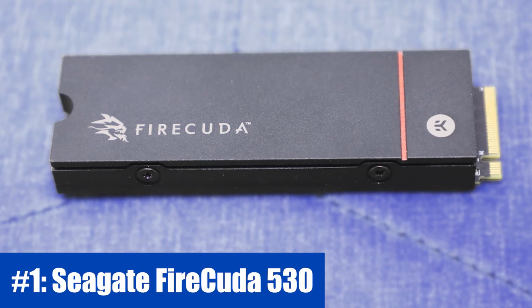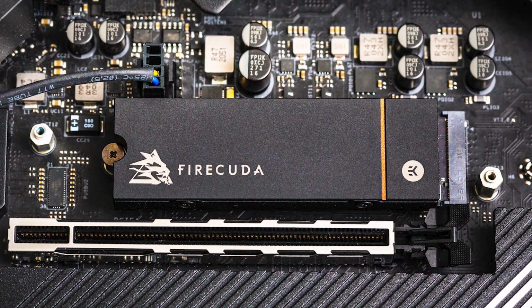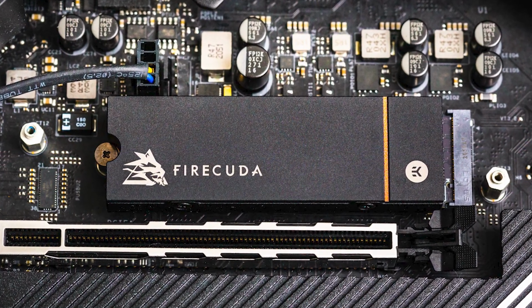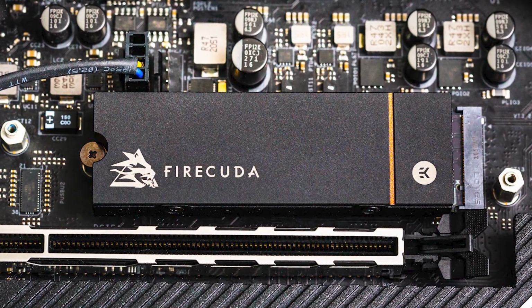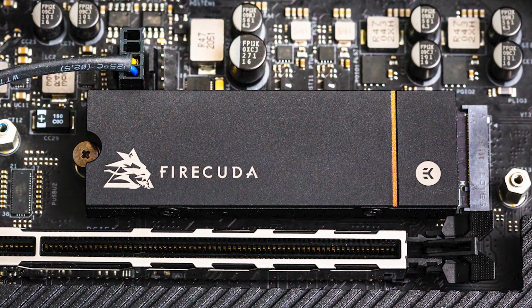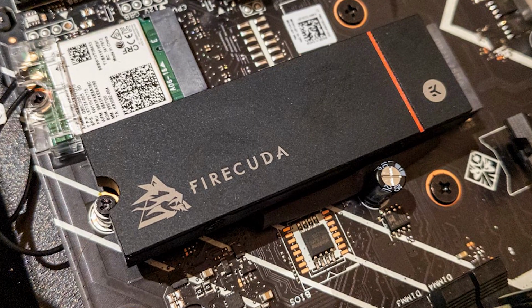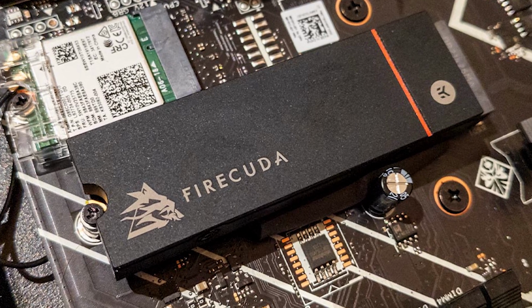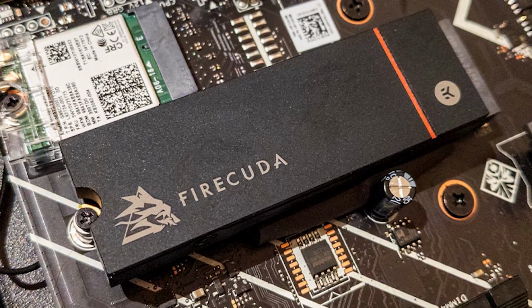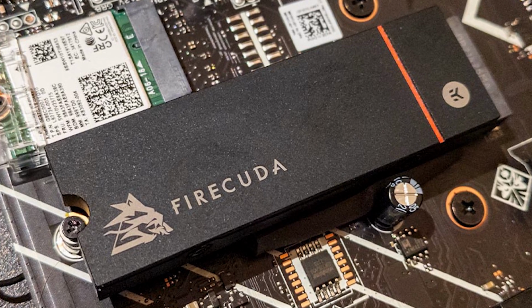Number 1. Seagate FireCuda 530. When it comes to peak storage performance, there's probably little, if anything, quicker than the Seagate FireCuda 530. Technically, this was the first SSD confirmed for PS5. The Seagate FireCuda 530 is undoubtedly one of the best PS5 SSDs, and definitely one of the most popular. Touted to have blistering speeds and confirmed to have all the next-gen tech within it, this really is a quality